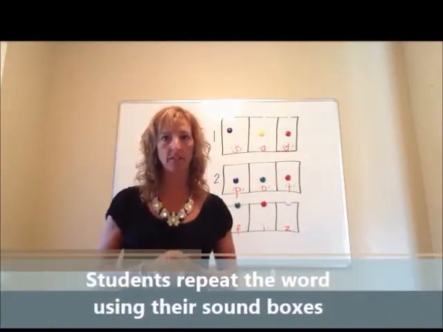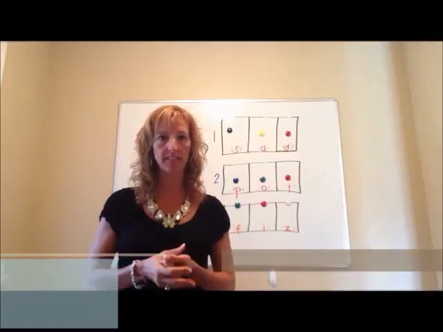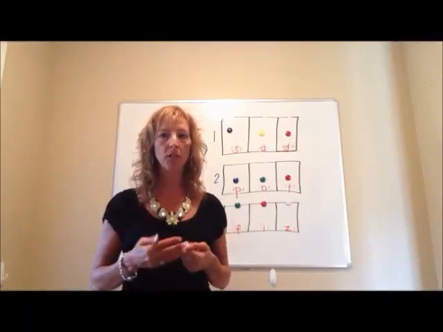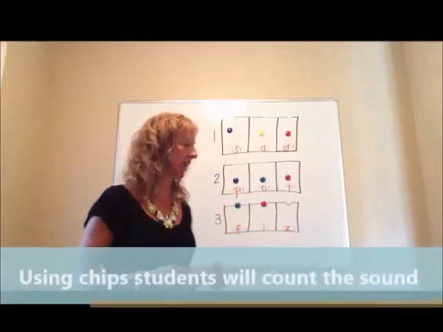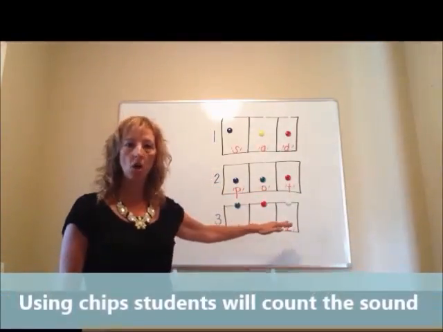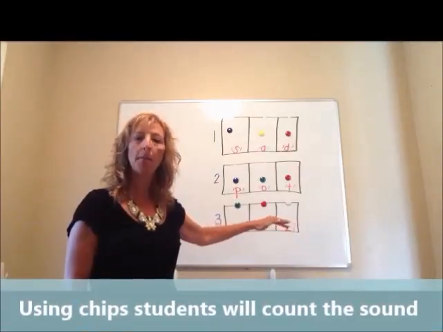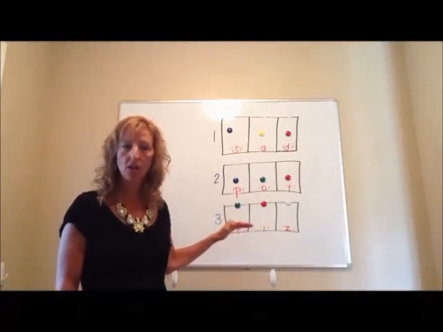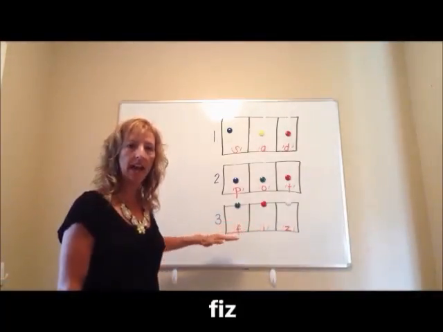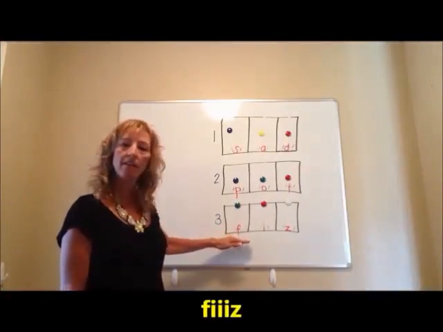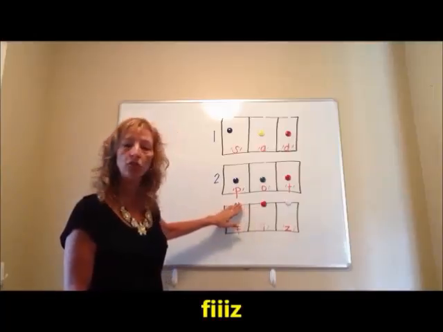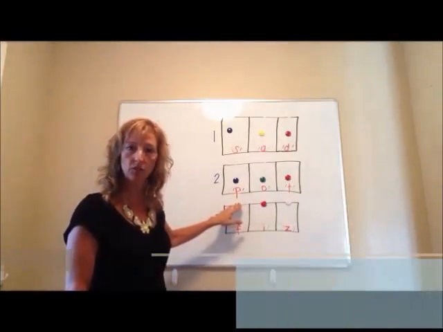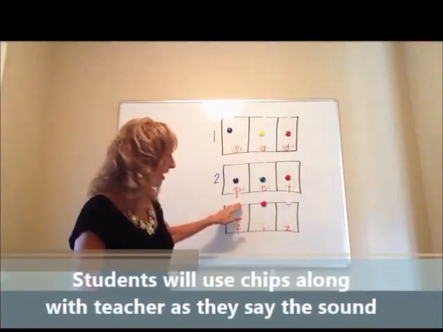The last part of this routine is to have the students say the words slowly, put chips in the sound boxes, but then also count the sounds. I've used a word that we know has 4 letters in it, but it only has 3 sounds. So let's look at the word fizz. I will say the sounds, f-i-z. I'll use my chips and have the students do this along with me as they say the sounds,